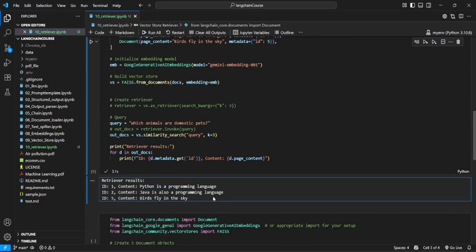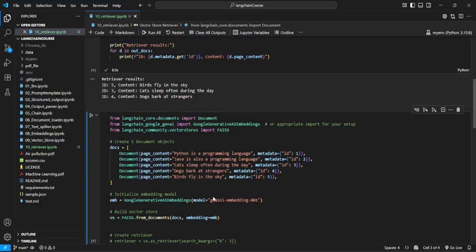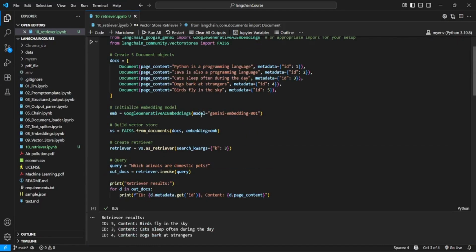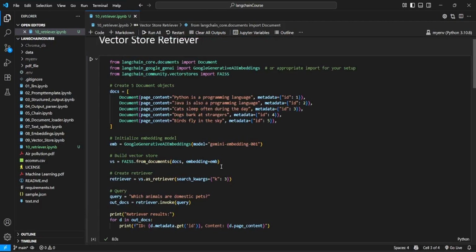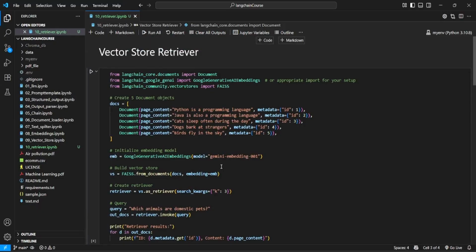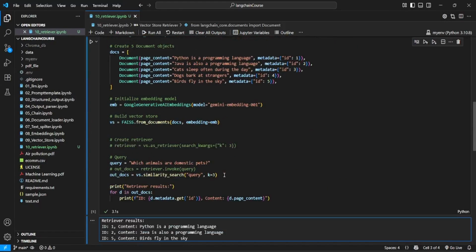Okay, so it is quite irrelevant when we are using vector store. But if we are using retriever, then it is more related to our query. That is why instead of using vector store, we use retriever. And the third one is,